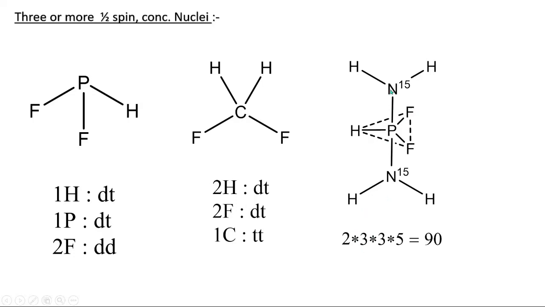Now this nitrogen is also adjacent to this phosphorus. So 2 nitrogens are there, so triplet. And now there are 4 hydrogens, 1, 2, 3, 4. Spin value half. So N plus 1, that is 5. Now if you multiply these values, 2 into 3 into 3 into 5, that will give 90 lines. So this will give 90 line peak in the phosphorus NMR.